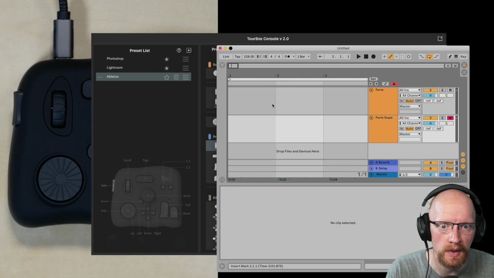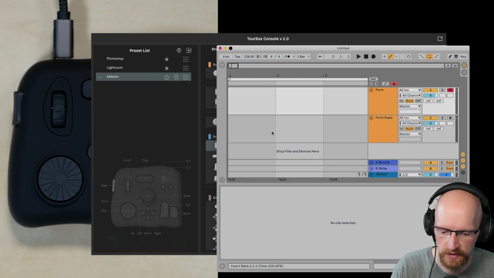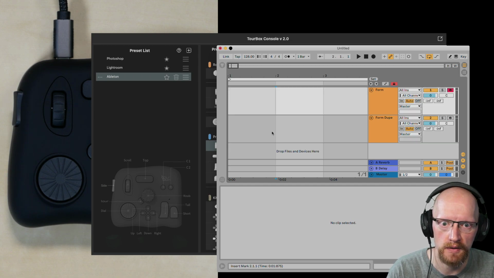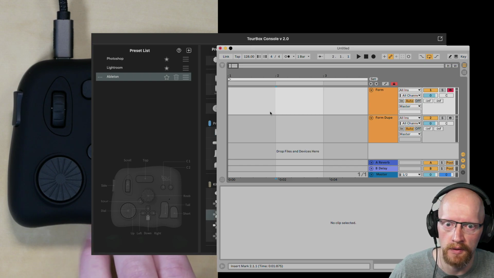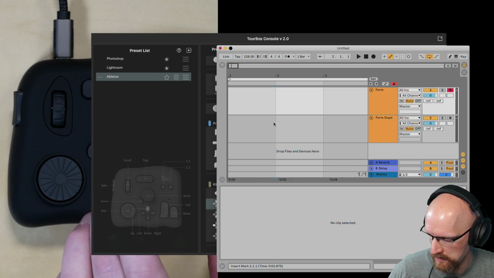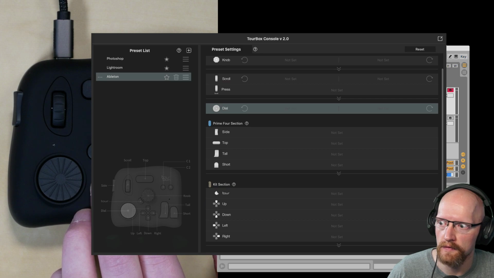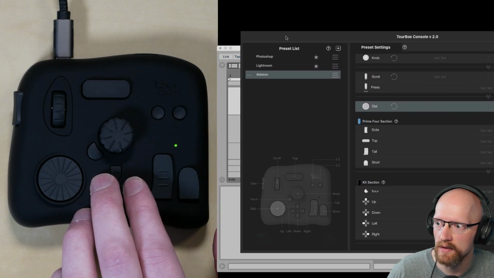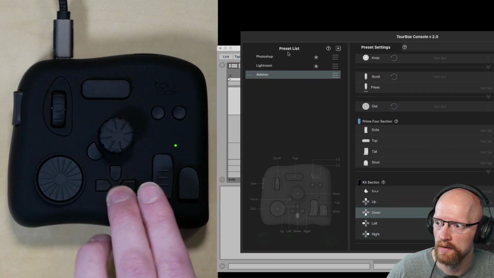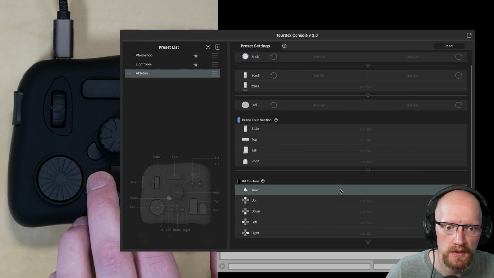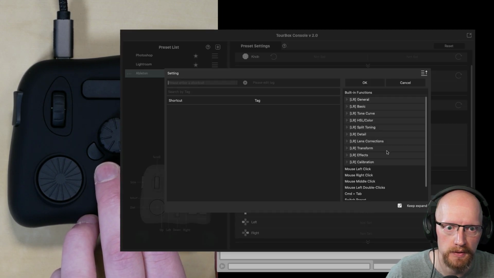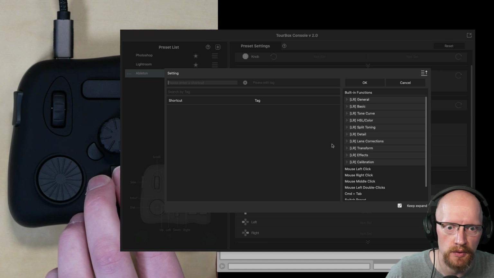So some things I like to do in Ableton, obviously move up and down my tracks. On my keyboard, that's just the up and down arrows. So I assume the first thing I'd want to map are these up and down arrows. So let's do up can be set to,